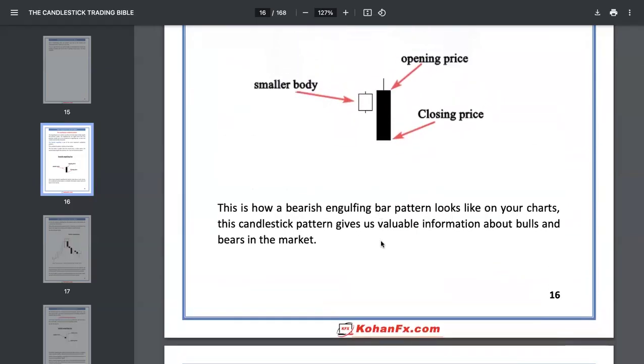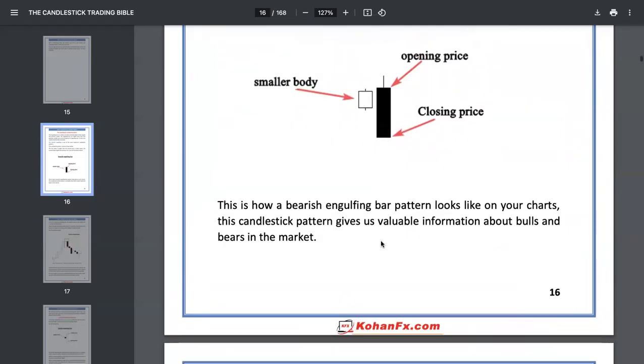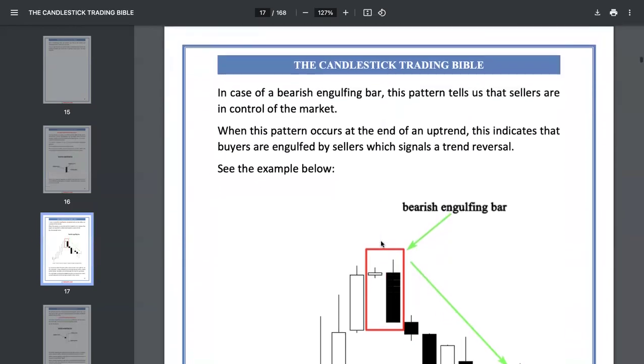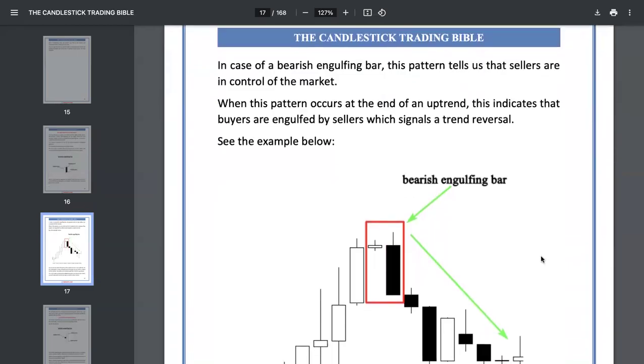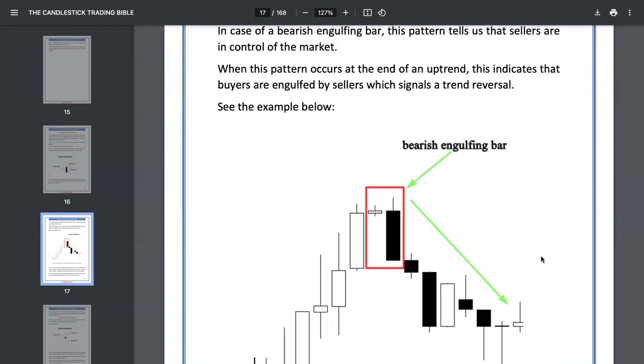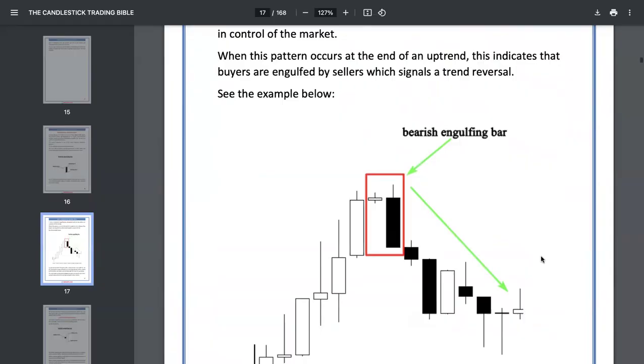The candlestick pattern gives us valuable information about bulls and bears in the market. In the case of a bearish engulfing bar, this pattern tells us that the sellers are in control of the market. When this pattern occurs at the end of an uptrend, this indicates that buyers are engulfed by sellers, which